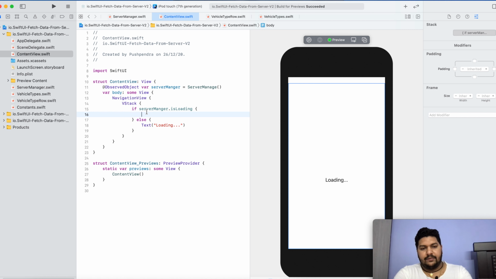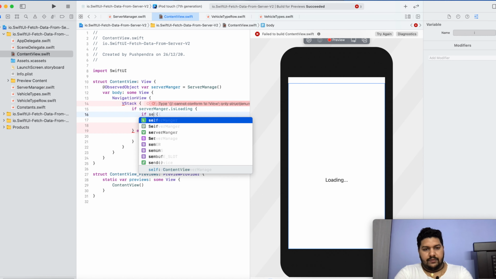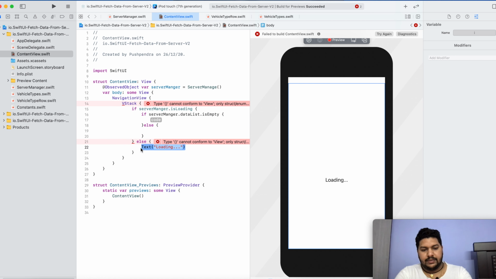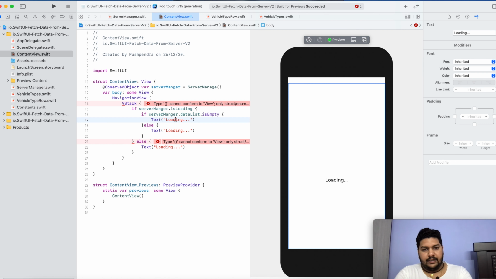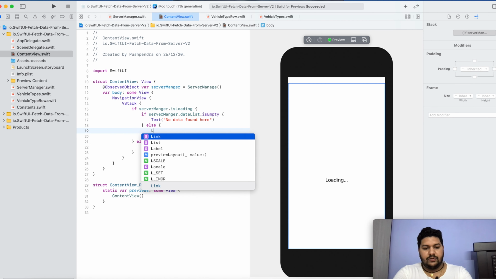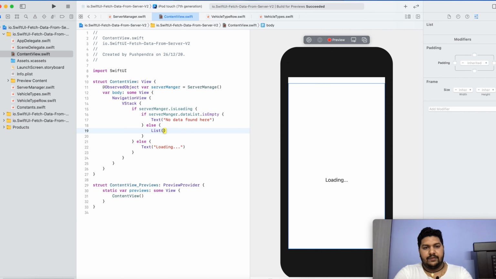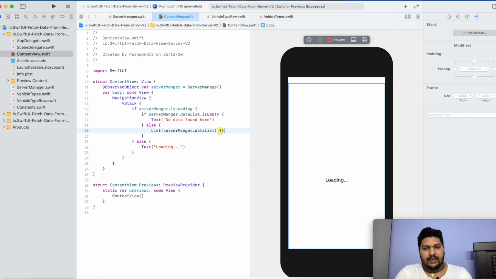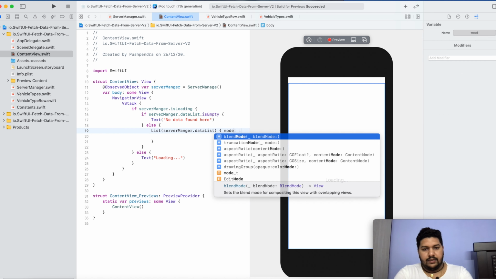Now inside that I have to check if serverManager.dataList.isEmpty, then we have to show another text which will represent no data. Second, if it is not empty, here we have to show a List, and the list will be of type serverManager.dataList, and inside that I am going to take a model.